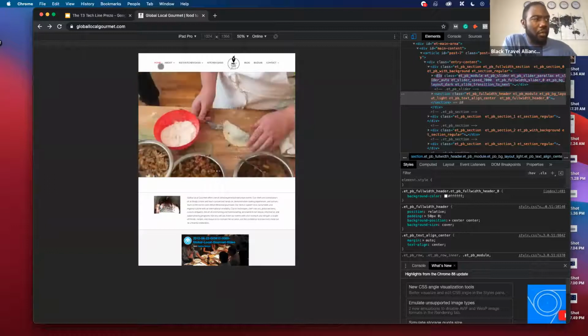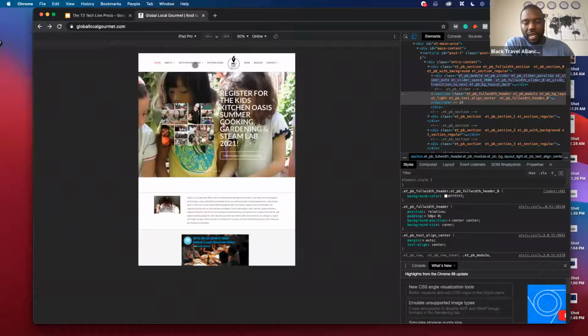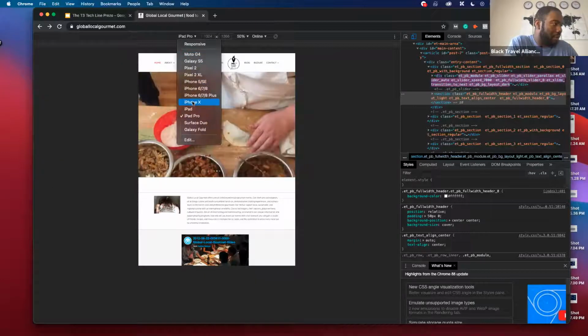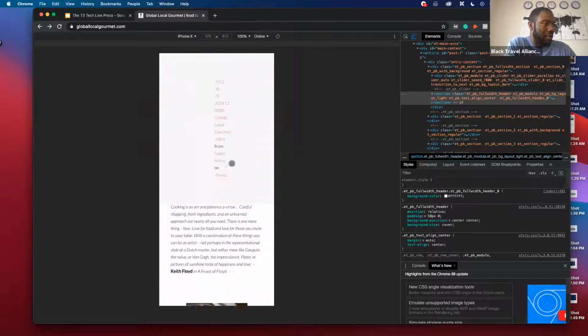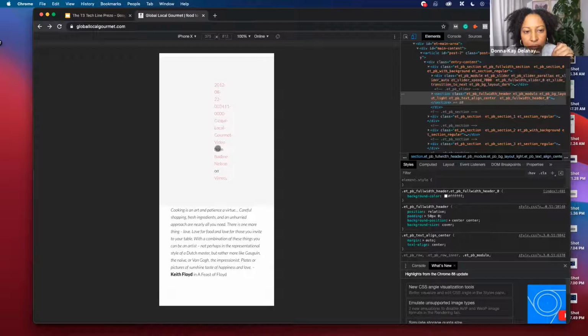And that's also good to know because as Donna K mentioned, when you bring your screen closer, as you can see, an iPad is not as slim as an iPhone. So therefore the menu doesn't do the same thing. It's kind of going based off of a desktop, where if you choose an iPhone X, then it makes that change and you can just see what your website looks like. So this is another thing that you probably adjust.